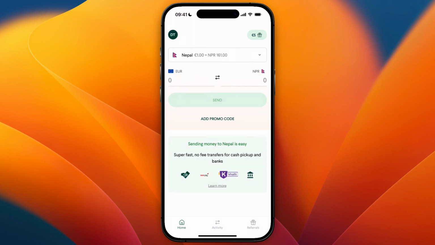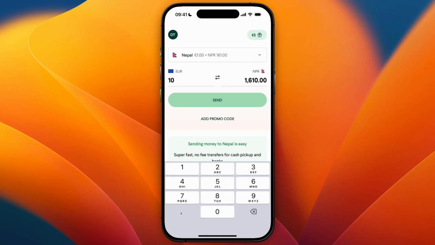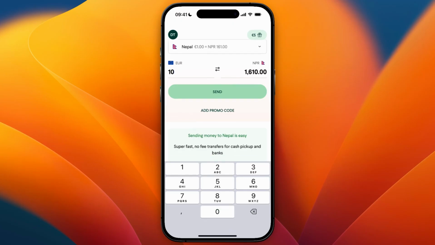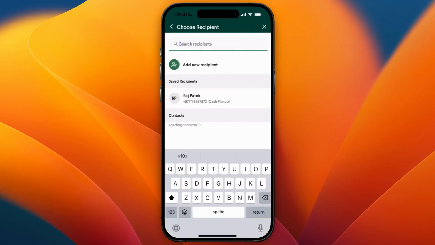In this video, I will show you how to delete a recipient from TapTap Send. To do this, just set it to the correct country for which your recipient is, and just enter an amount that you want to send. Now you don't actually need to send this, but from here click on Send, and now you can see I